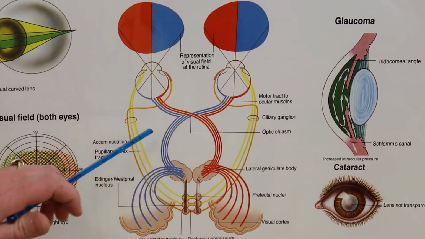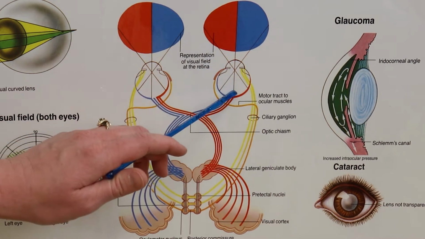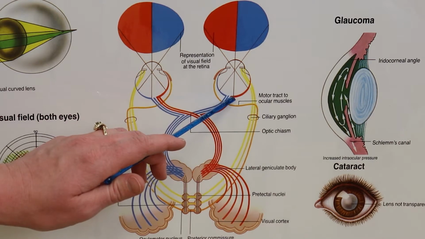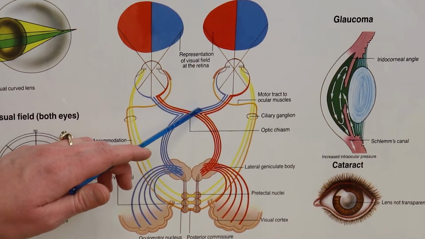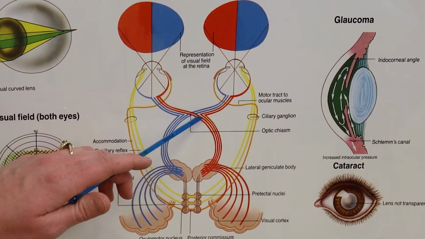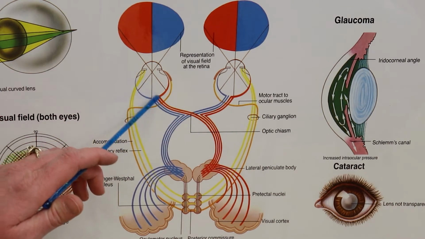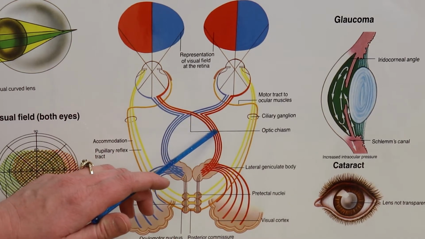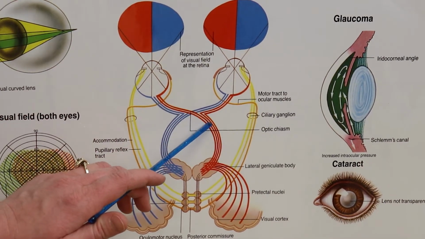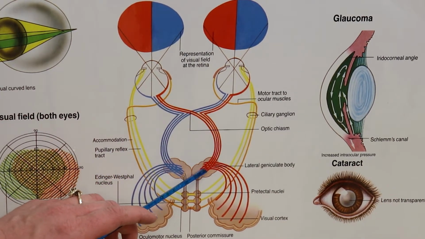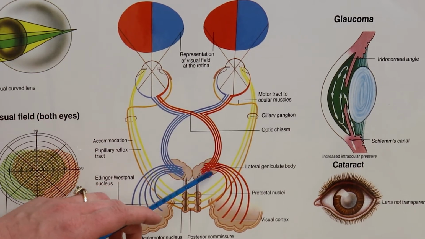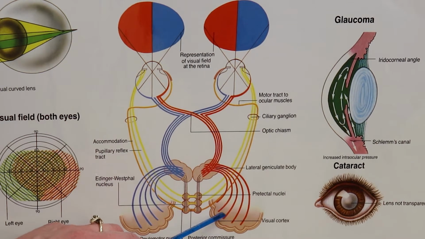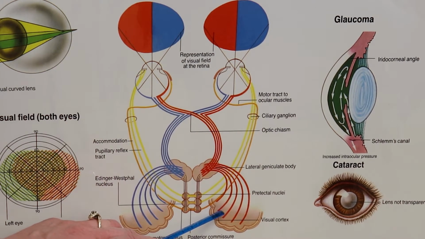So one more time, our vision information is going to come into the eye and be detected by the optic nerve, which will travel from the eye to the optic chiasma, where it will exchange some fibers with the optic nerve from the other side, and then those fibers will continue on as optic tracts, which will then synapse in the thalamus on the optic radiations, which will then travel out to the primary visual cortex in the occipital lobe.